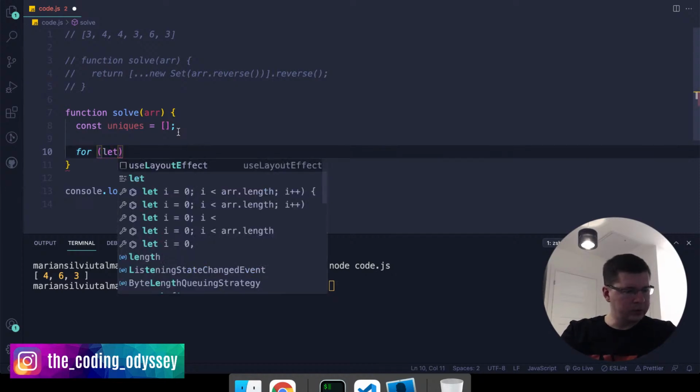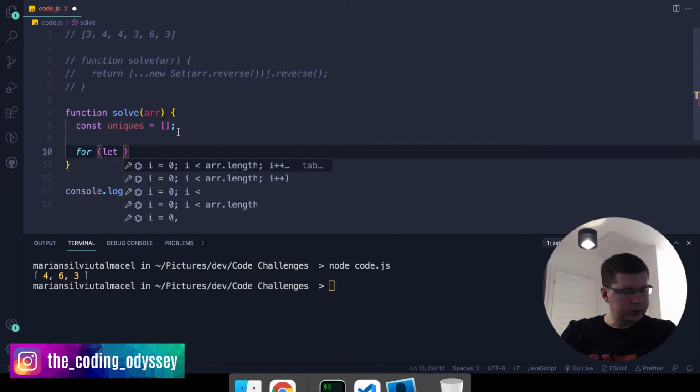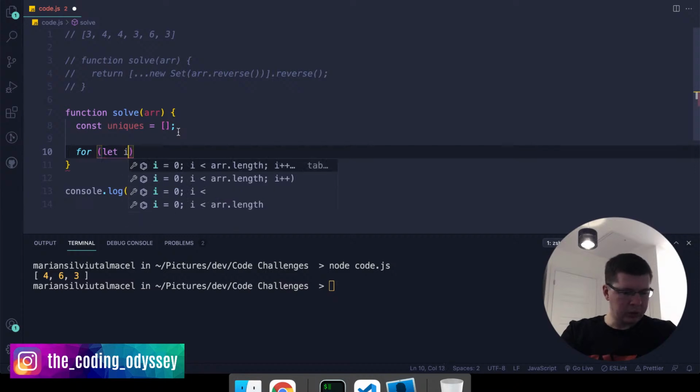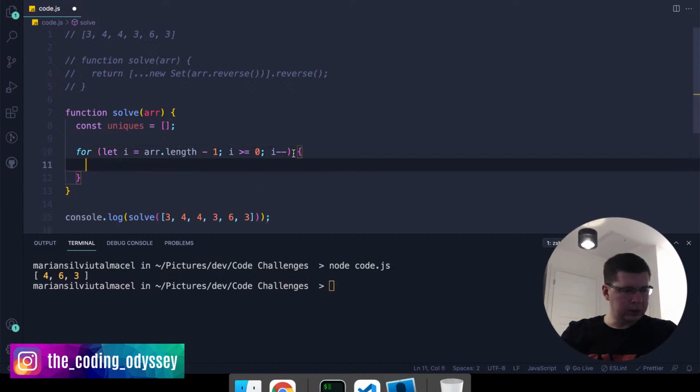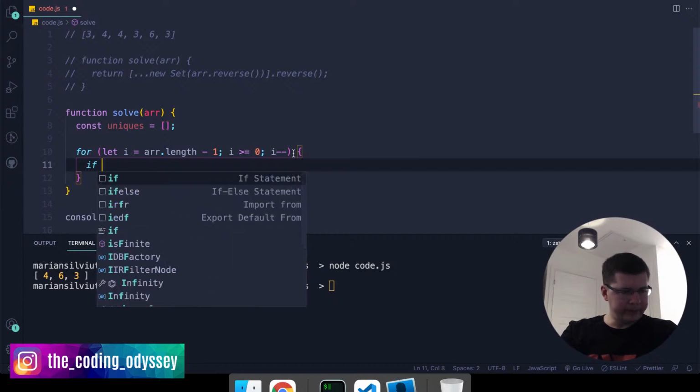So we're gonna say for let i equals array length minus 1, which is the index of the last element. And we want to say while i is higher than or equal to 0, which will be the first index, i minus minus. And then what we want to say in here is, if